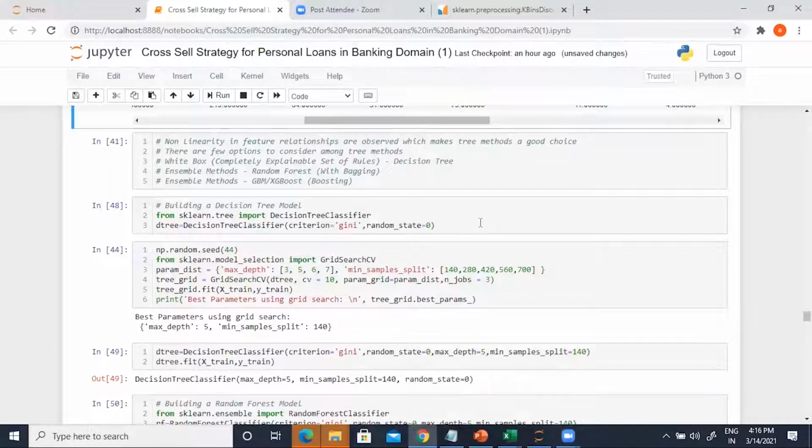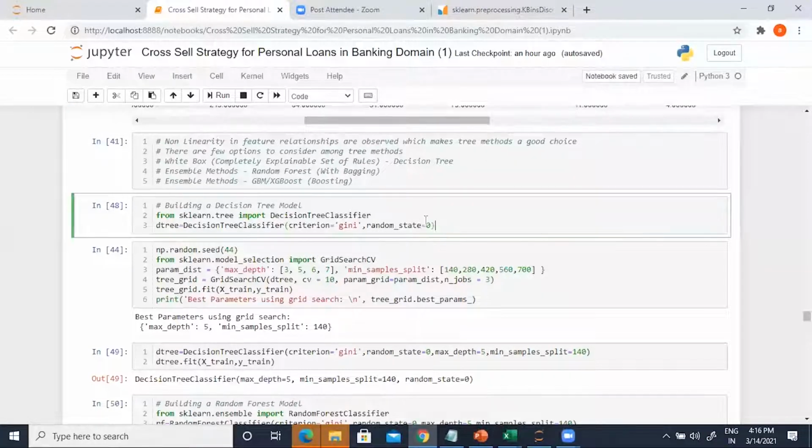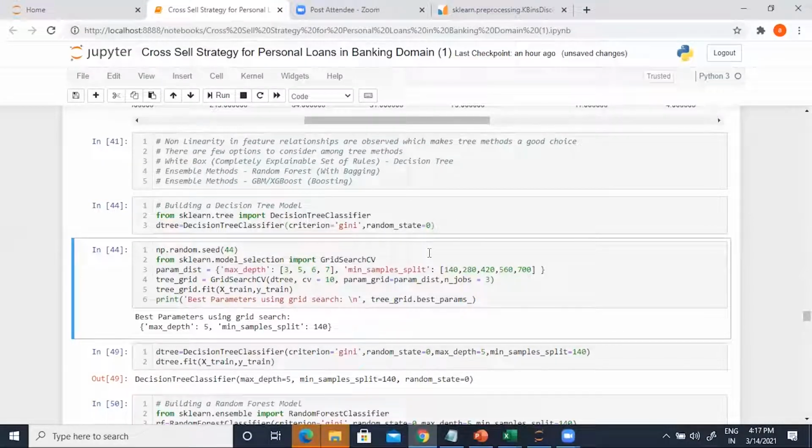So yeah, all right. Now what we'll do is we'll compare a decision tree, random forest, and GBM. In order to do this, I'm importing the decision tree classifier, and I'm giving the criterion of Gini, and I'm creating an object. I'm not fitting the model yet, the reason being I want to do a grid search. I want to do a grid search on minimum sample split and maximum depth, to see the outcome of the grid search and what the best parameters are for building the tree that I want to do.